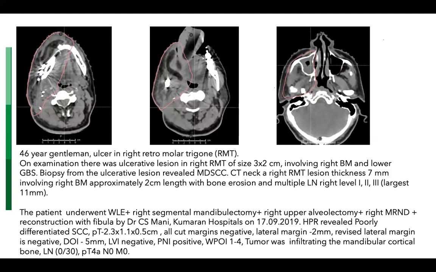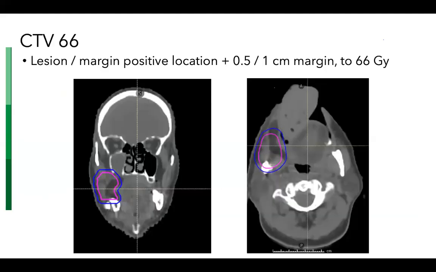But the oral mobile part of the tongue can actually be deviated while we can still insinuate our target into the floor of the mouth area. So where the tongue is attached, as you can see, we have included it in our target. So this is how the target has been drawn. Because the upper alveolus was disrupted, besides the masticator space, we have also included a part of the maxilla in our target. And so there is a slight differentiation between lower gingiva and the upper gingiva targets.